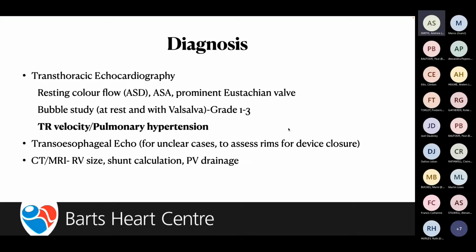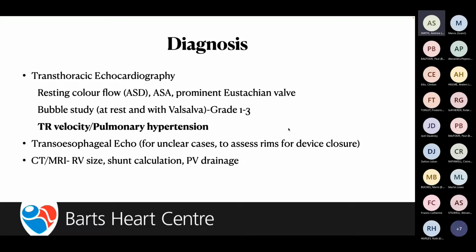Essentially, the definition of atrial septal aneurysm, it's a slightly unusual term, is redundant atrial septal tissue that moves either side of the midline more than a centimeter. You can also look for a prominent eustachian valve. That's another embryological remnant, and that in the embryological circulation directs IVC blood to the PFO because that's what you want, and that can be a feature of higher risk